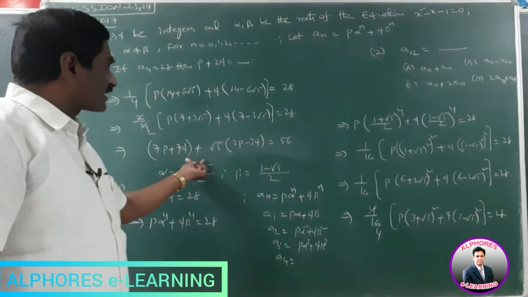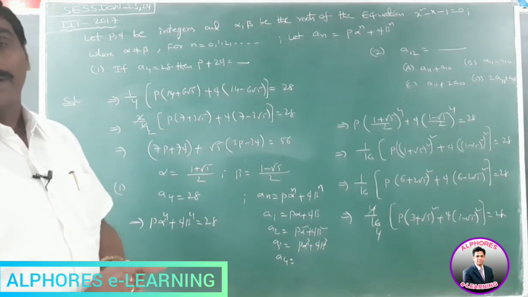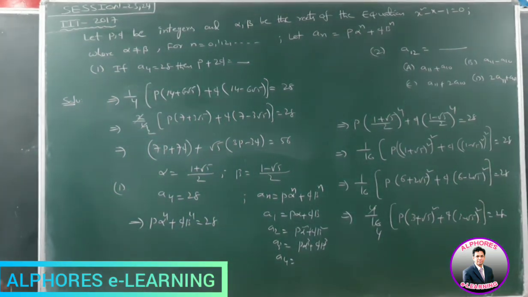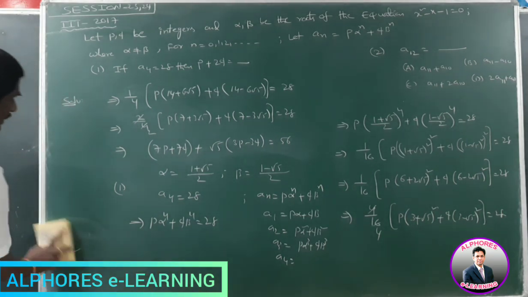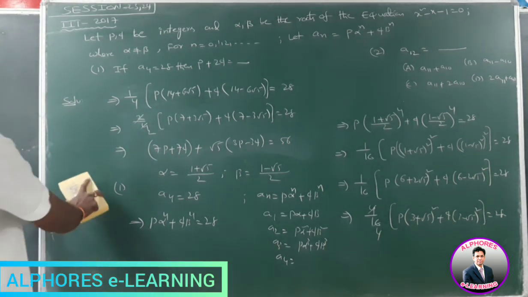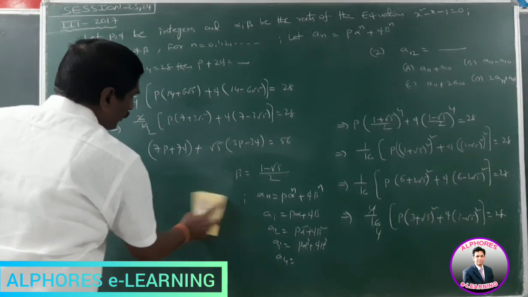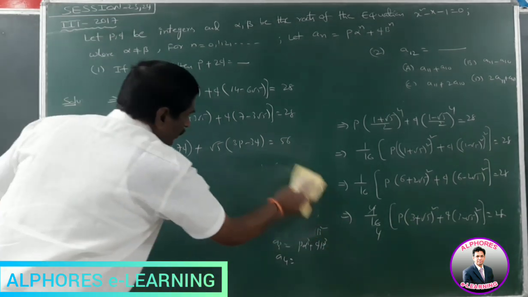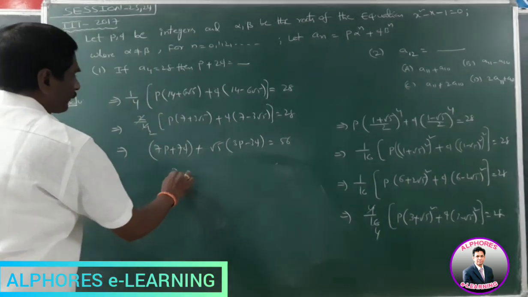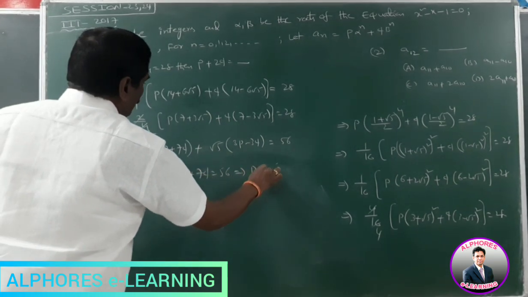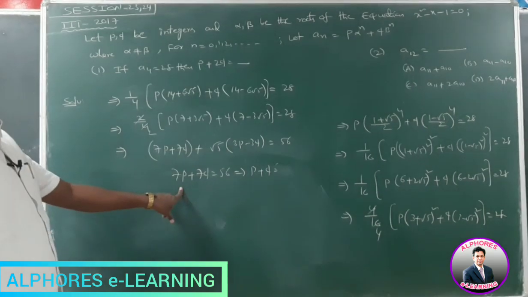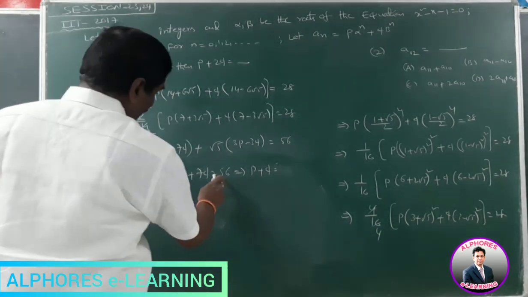Actually, it is the irrational number, it is rational number, but both are equal. It is possible only when if a plus root b is equal to 2 plus root 3, definitely a is equal to 2 and b is equal to root 3. By comparing like terms on both sides, we get 7p plus 7q is equal to 56. That means p plus q is equal to 8, 7 is the common term, cancelled.